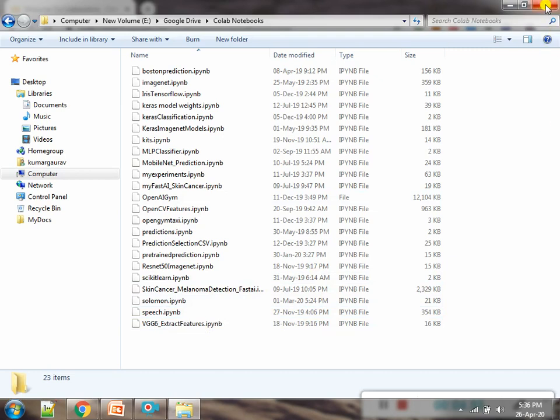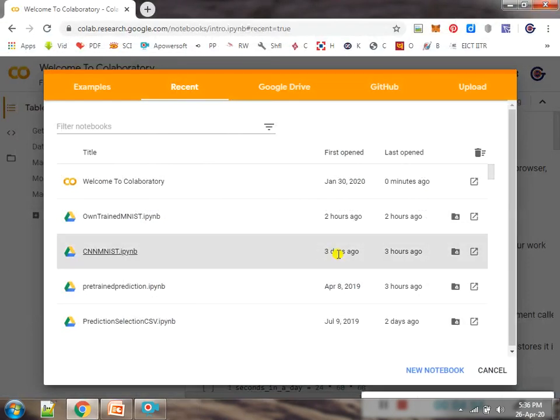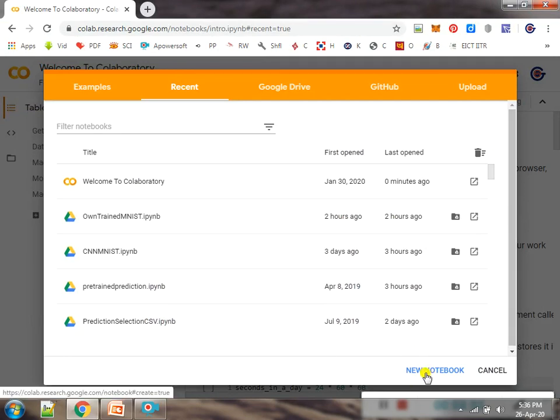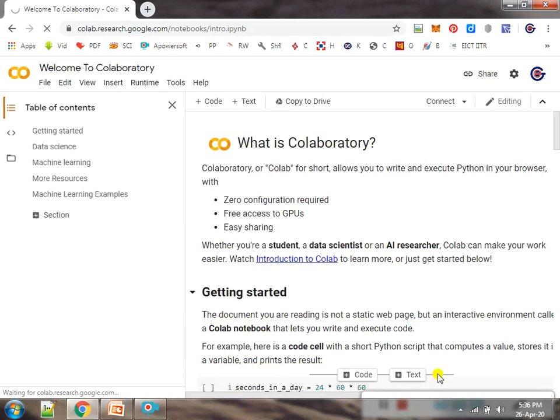These are directly mapped with Colab. Suppose we want to create a new notebook, so click on new notebook.